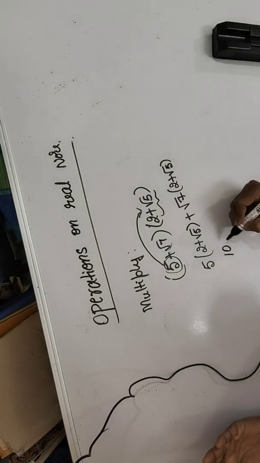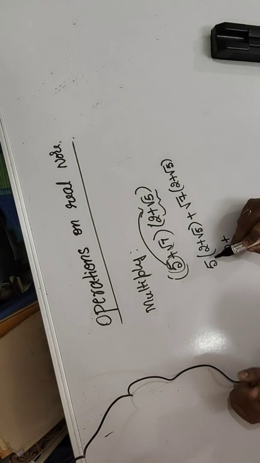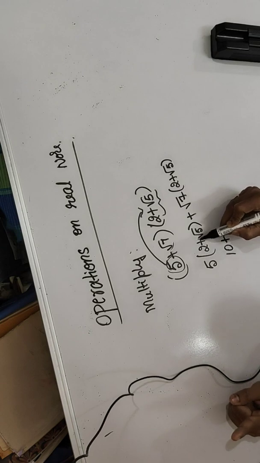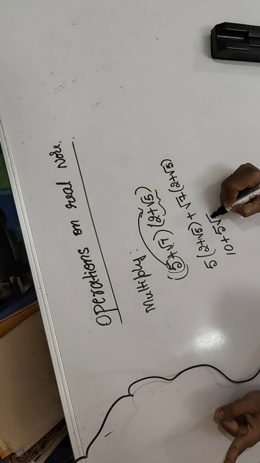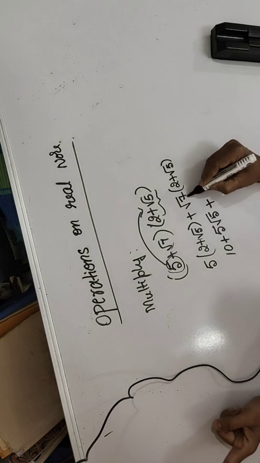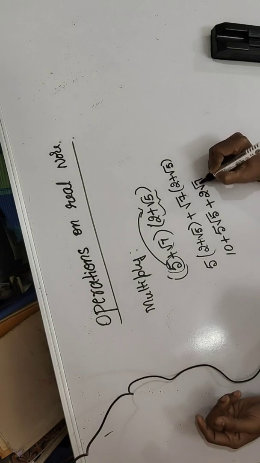5 twos are 10. Plus, this is not a root number, this is a root number, so you cannot multiply inside. It is a whole number, so there is nothing here, it is 1. 5 ones are 5, root 5, like that only you have to write. Understood? Plus. Now here this contains root, this contains no root, so you cannot multiply, 2 root 7 you have to write directly. Don't multiply 7 into 2.